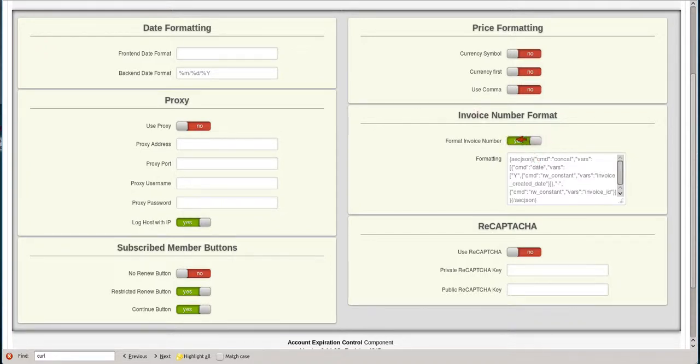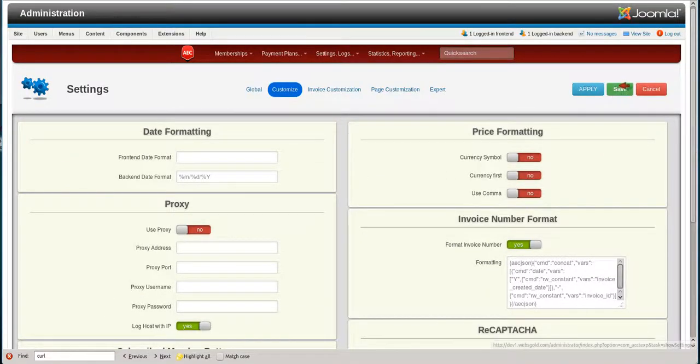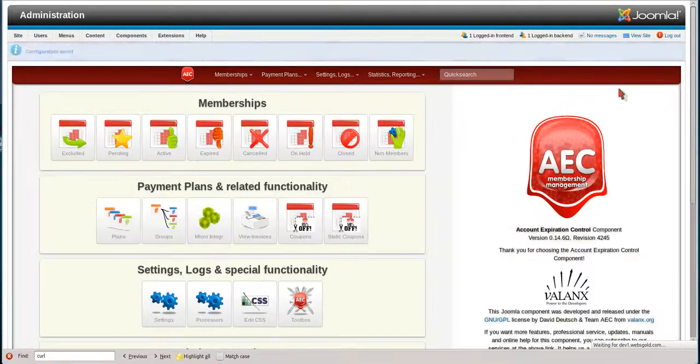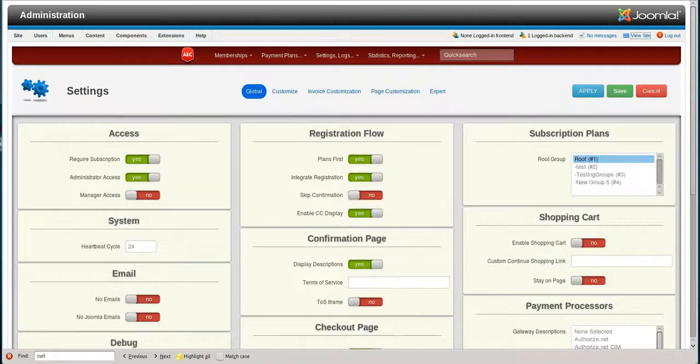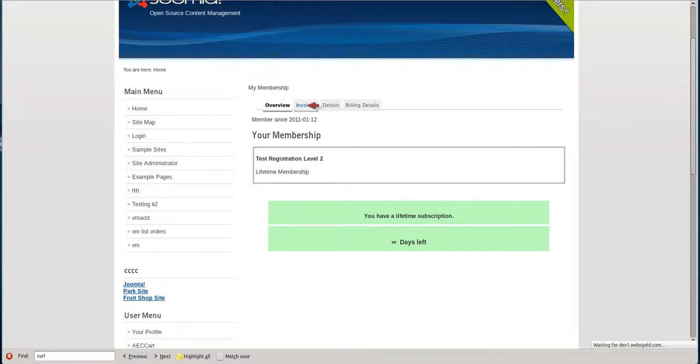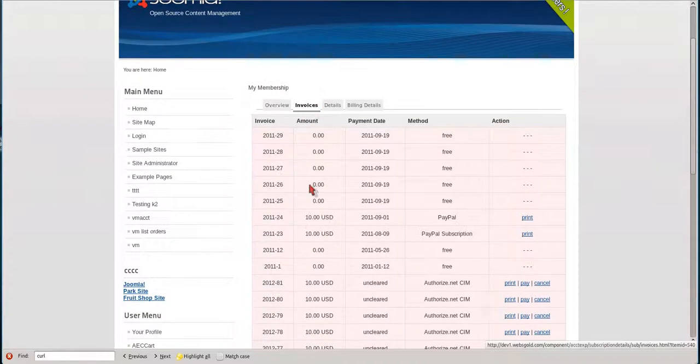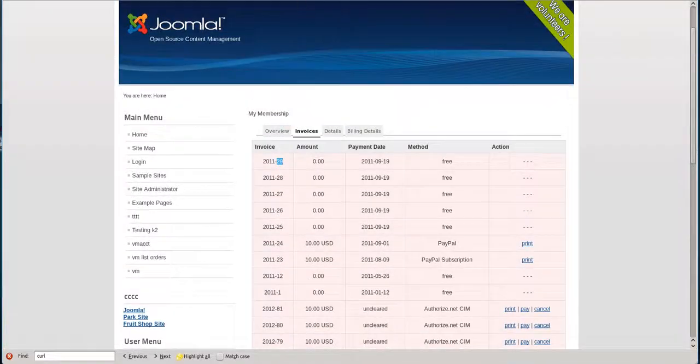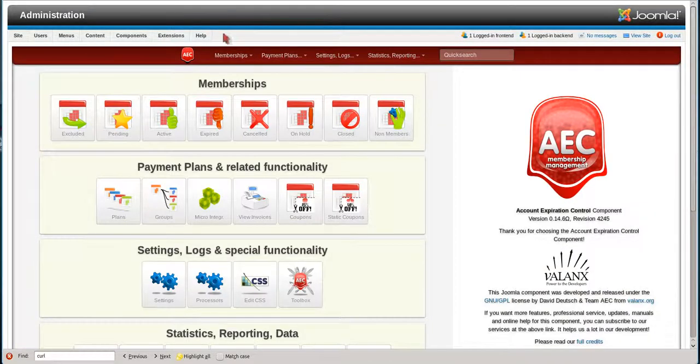We've already set up the formatting so that it would be the date and then the subscription ID number. So for example, if it was the first subscription in the year 2012 and you set this to yes, the subscription ID would end up being 2012-001. Now if we come into the My Subscriptions and a person looks at their invoice details, you can see here now the invoice number is numbered by the year and then by the subscription ID in that year. But then in the default layout itself,